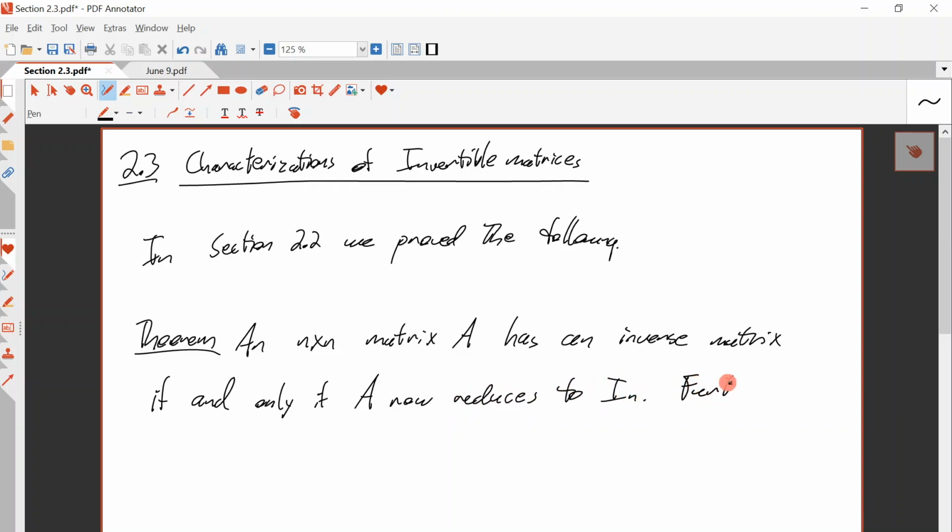Furthermore, in this case, when A inverse exists, A inverse is equal to